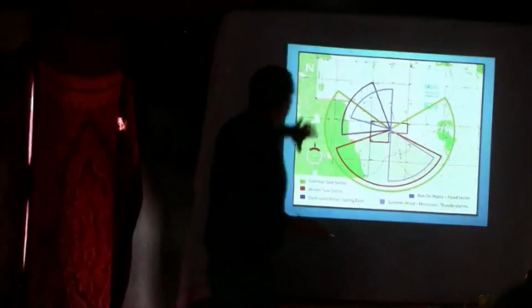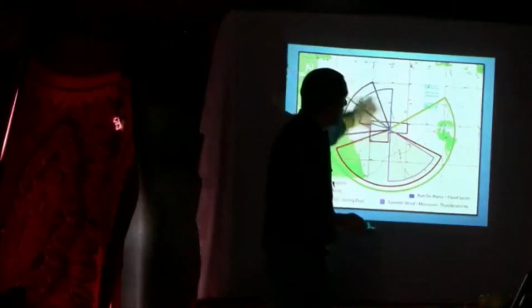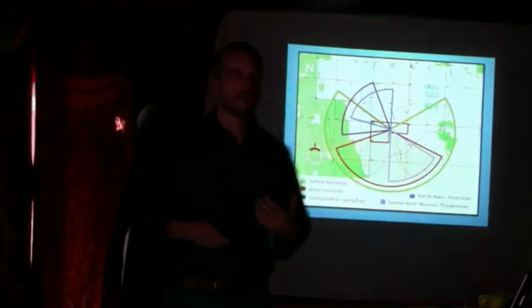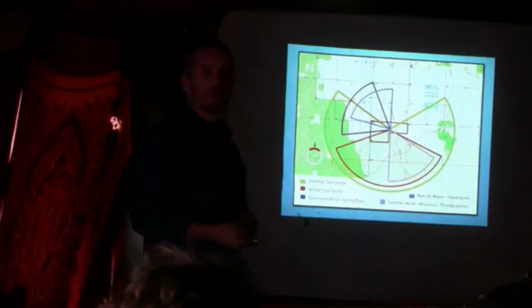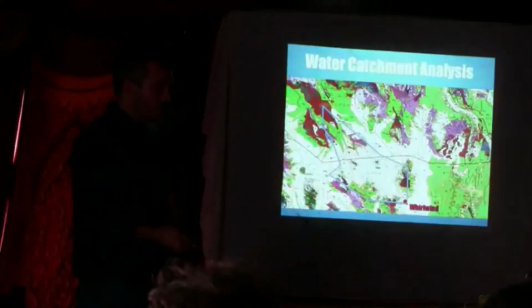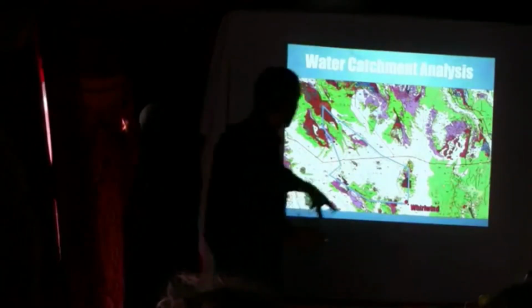So we did our sector analysis, and of course the old 76 draw comes through here, so this was our flooding sector. Of course, the Mimbres used to plant into that floodplain. We knew it flooded relatively frequently, and we were hoping that it would flood again as soon as we got the keylining done. So as part of that, we did our water catchment analysis, which